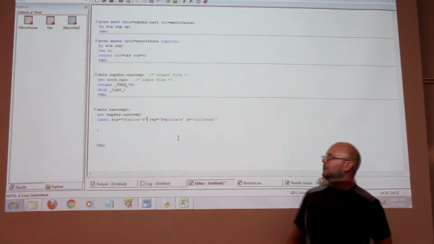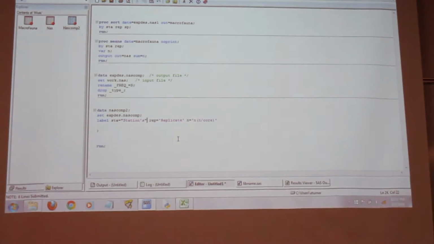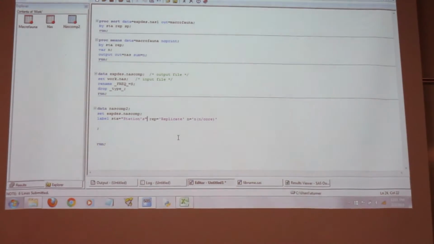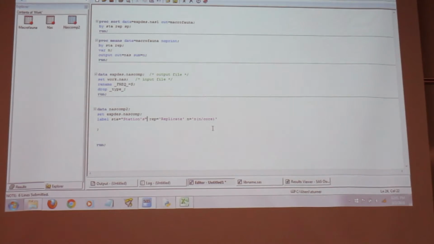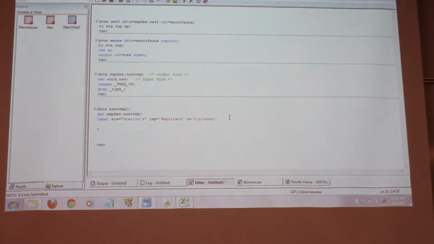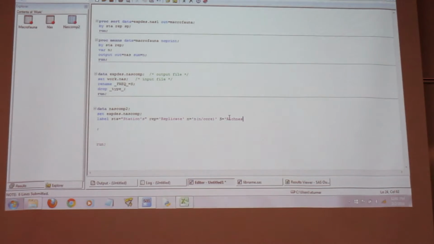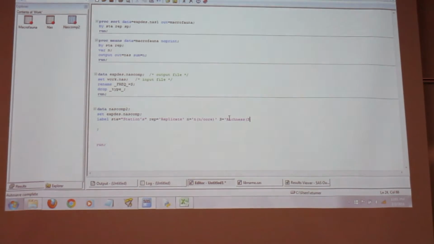This is the kind of stuff that really gets you when doing SAS, and you spend a few hours beating yourself up trying to figure out how to do that. Okay? So I get N for richness. Richness per core. And I want to keep going.